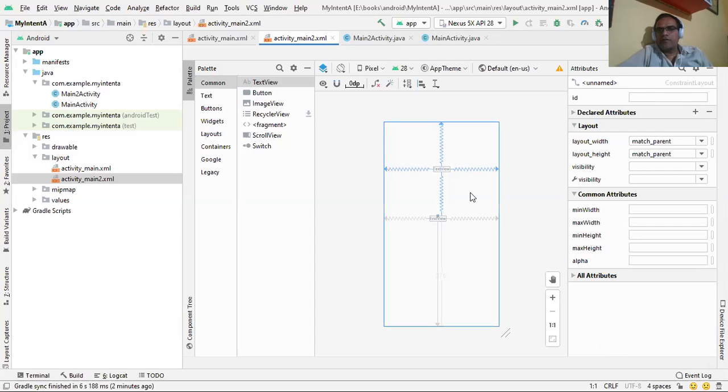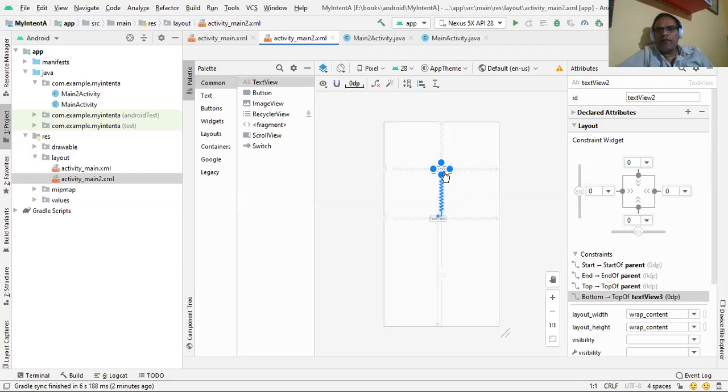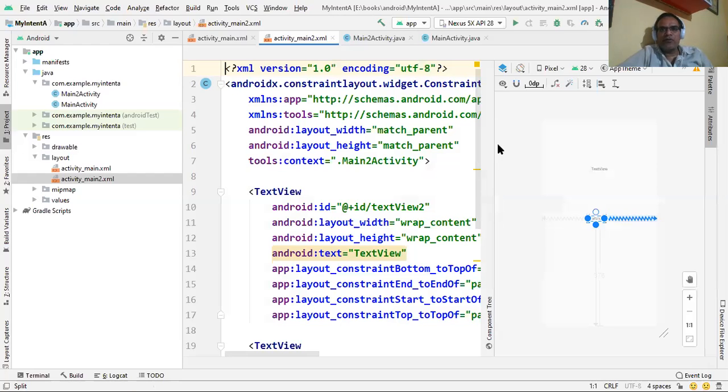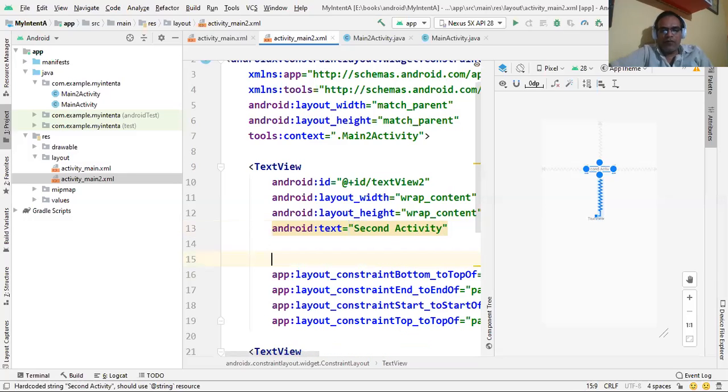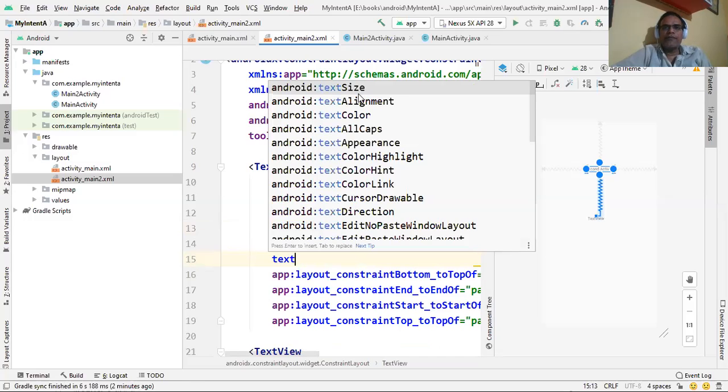So we connect these two controls in such a way that they will not overlap. This is the text view ID for this control, and this is the text view 3 ID for this control. We also make some changes in the properties by using the code. So in the first text view, we write here second activity. We also use the text size property.